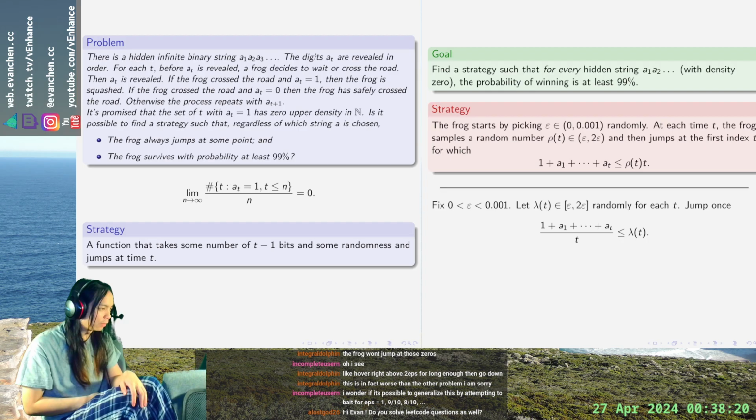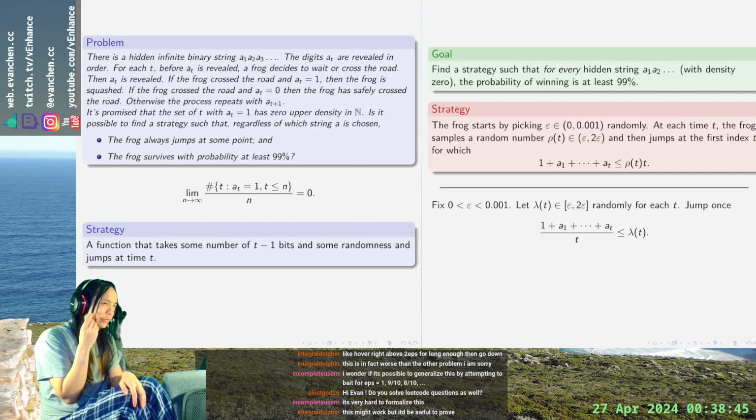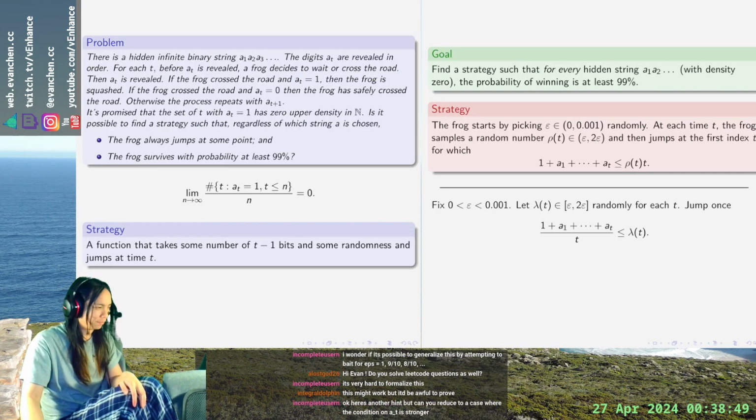Do you solve LeetCode questions as well? I haven't tried LeetCode before. I have done a number of Codeforces problems and other competitive programming contest problems on the stream. If you look at today's, there was one Codeforces problem a couple hours ago which I kind of got dragged through. That problem was pretty high above my pay grade. It was fair, but